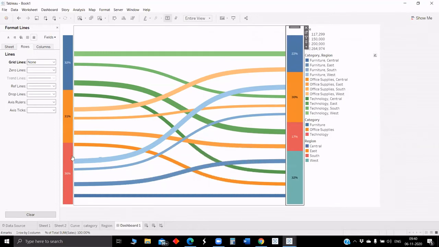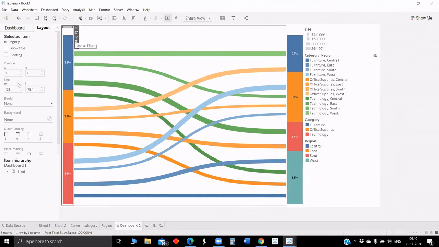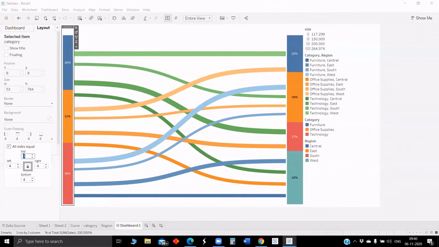So now we have to just adjust the stacked bars in such a way that the curve gets connected properly. To do that, there are multiple ways actually. We can go there and edit the axis, or else we can just put the blank and adjust the blank in the dashboard as well.